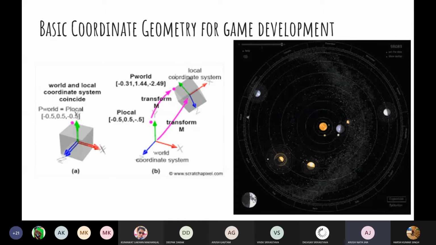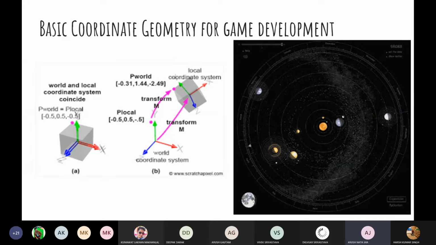Now, if we try to define the moon's revolution around the sun, it would be a bit difficult to model or represent. But for simplicity, if we say that the center the moon follows for its revolution is the Earth, then the Earth is the local coordinate system for the moon, while the sun is the global coordinate system. Did you all understand now? Yes, sir. Yeah, got it.